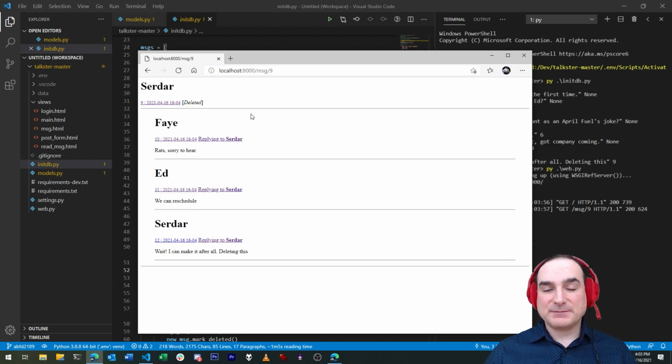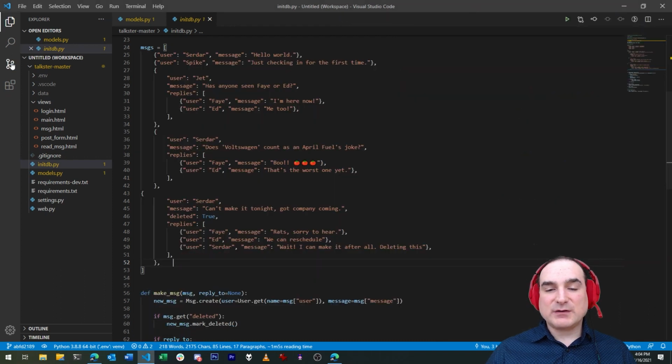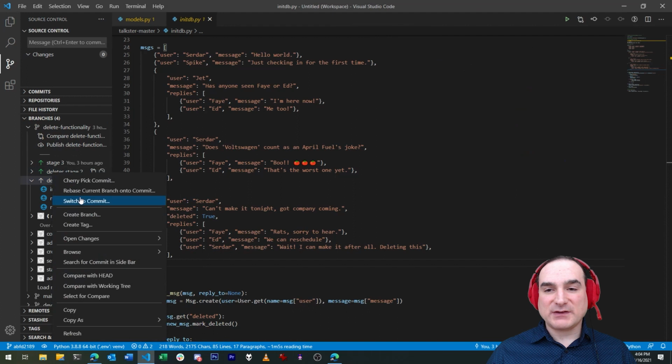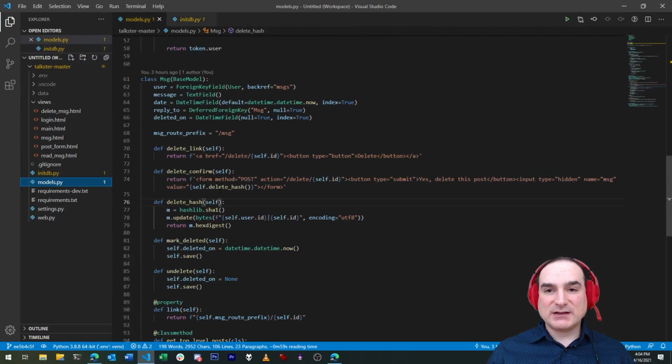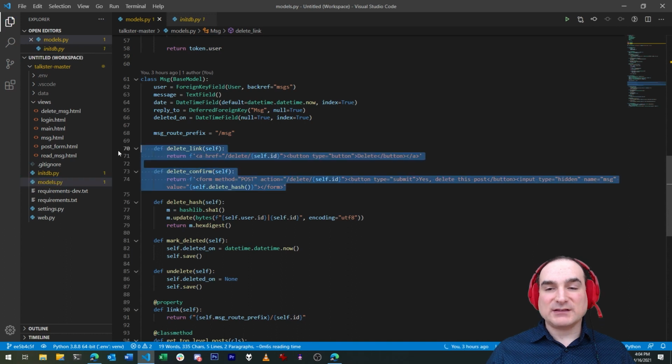So far, so good. Now that we have the underpinnings, let's create an actual way to perform deletions. First, we're going to add a couple of components to the message object. The first of these will generate HTML links to confirm a deletion and to actually delete a message. The first one of these two is just a simple button that takes us to a URL that's generated by the message ID.